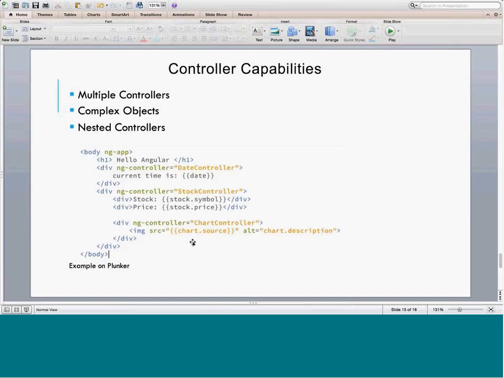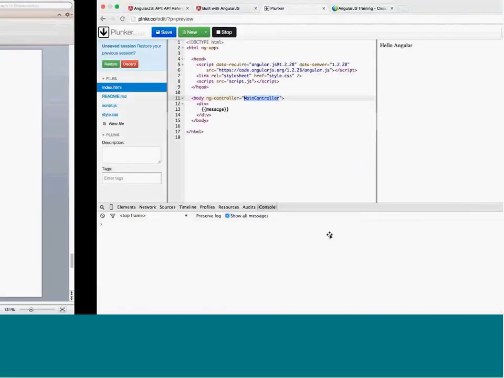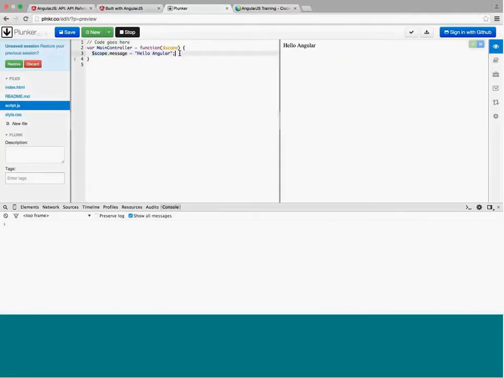So we replace the URL, and that URL can come from the controller. Same with the alt attribute; the description can be in the controller model. Let's try that in Plunker. So I'll go to the script.js and I'll create a